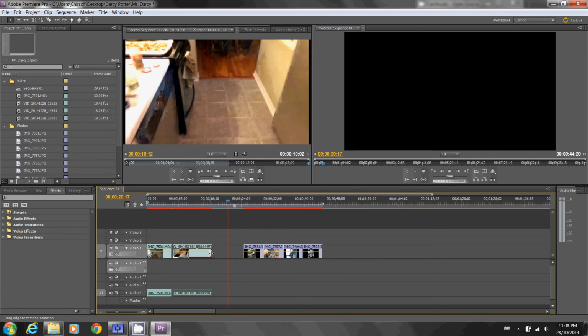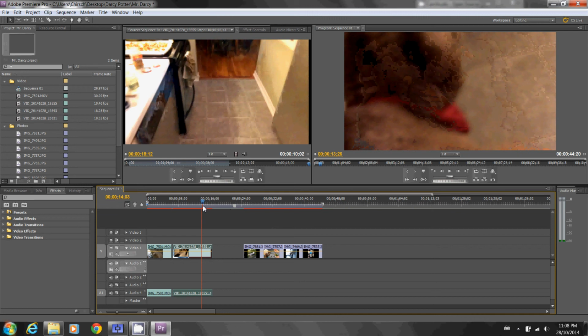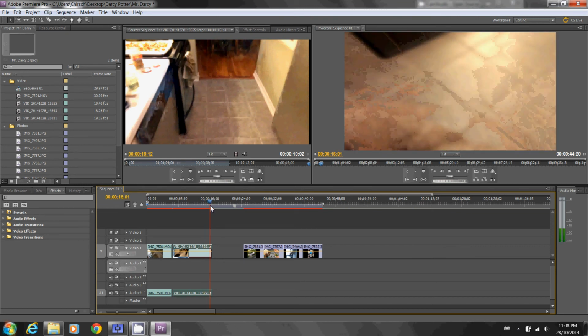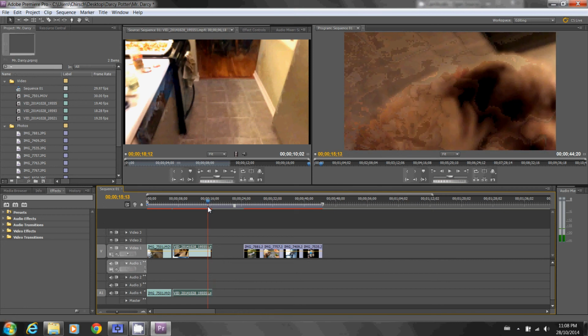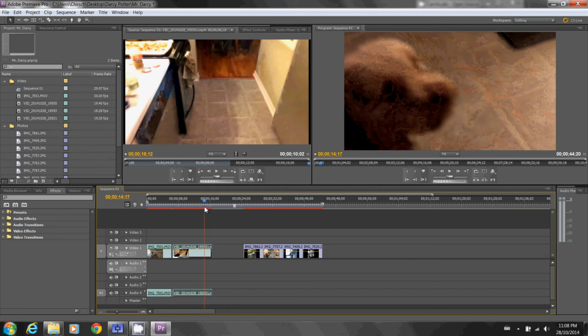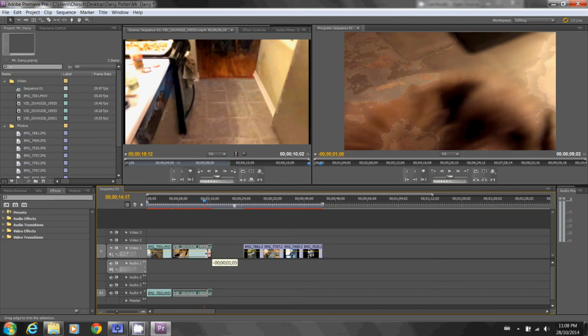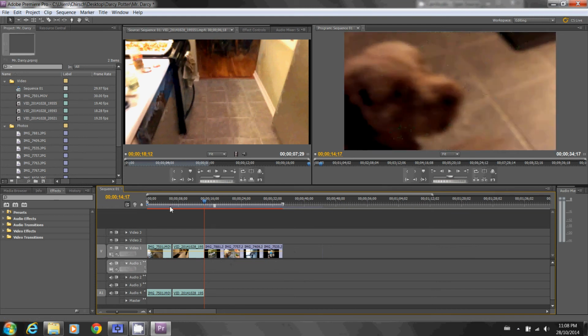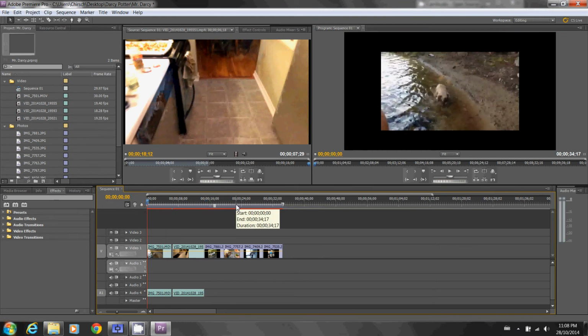It's not quite enough, so I'm going to pull that time indicator back, listen to my audio, and get it right to that fuzzy point, and then I'll just pull it in and edit it. Okay, right click, ripple delete,